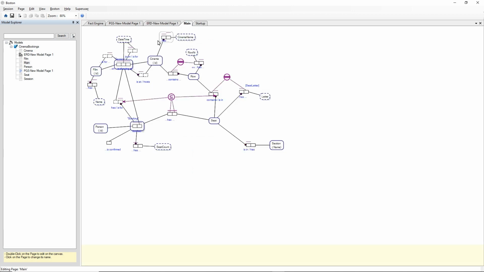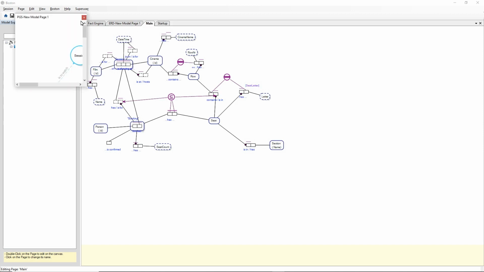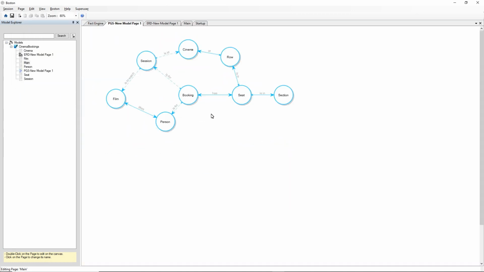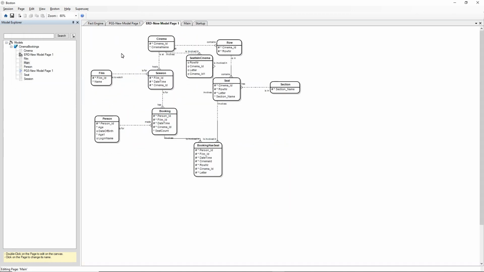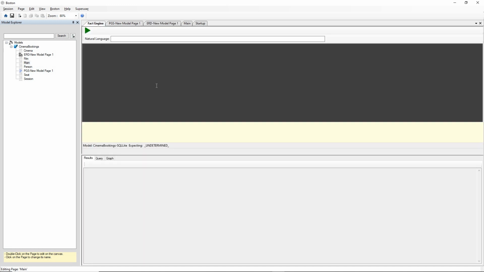So our object role model provides the predicates for our property graph schema and our entity relationship diagram. These predicates allow us to do natural language queries in FactEngine. What I'll show you now is natural language queries converted to FactEngine's controlled natural language, converted to a database query language and executed against the database. So in natural language, we might ask,